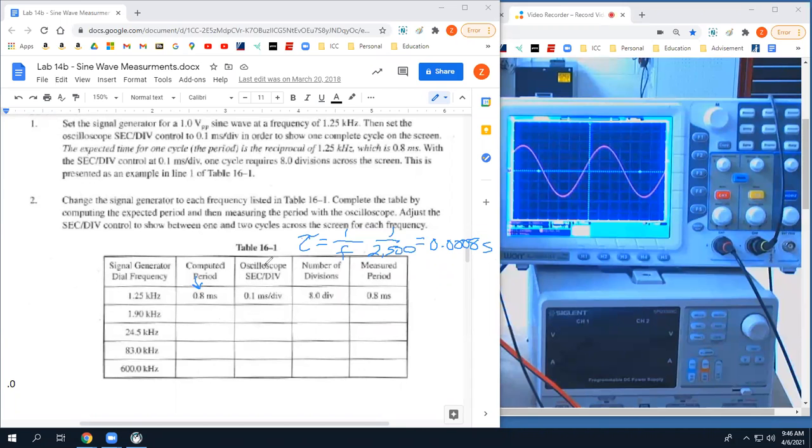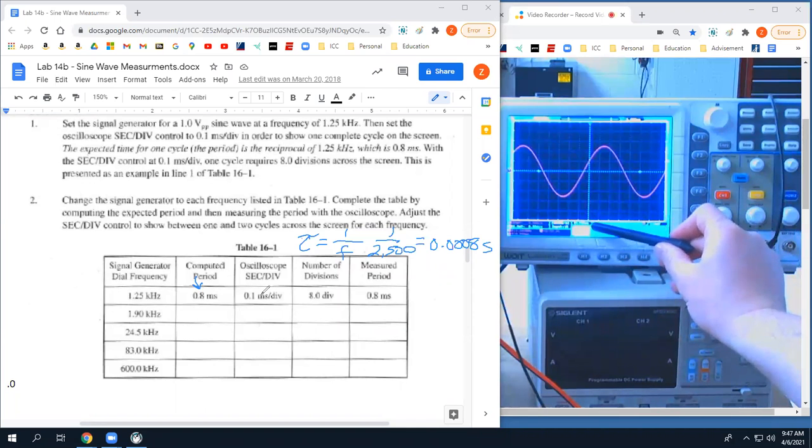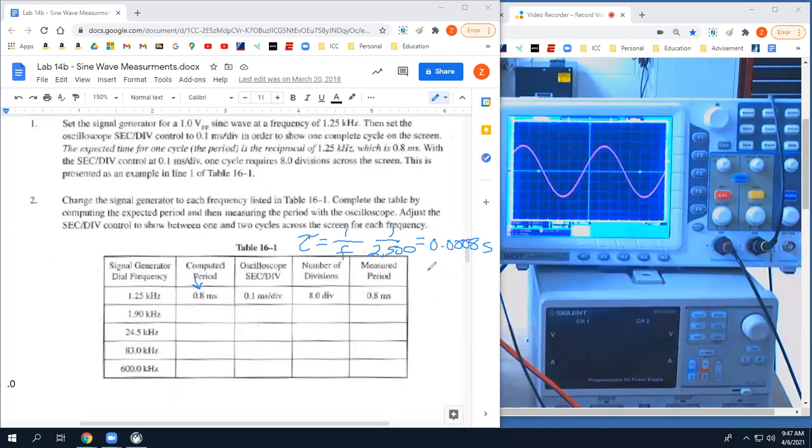And if our oscilloscope seconds per division is set to 0.1 milliseconds per division, the number of divisions we would expect to see for that one period or one cycle is 8 divisions. Everybody understand that? On my scope it says 100 microseconds, but that's the same as 0.1 milliseconds per division,